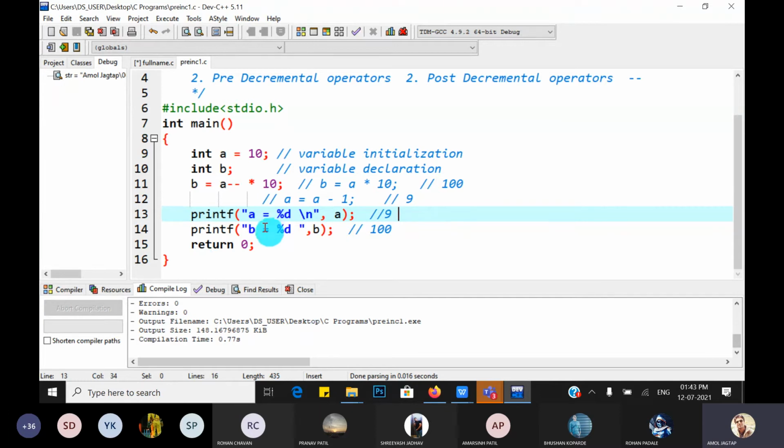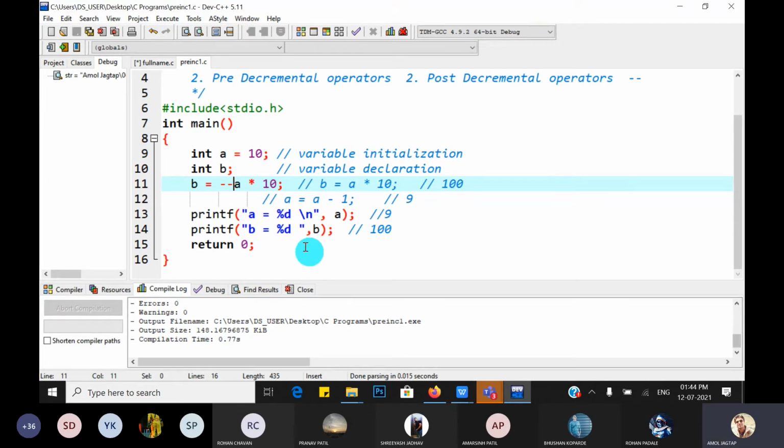Okay, next, tell me the predicted output. Minus A into 10. This is called the pre-decrement operator.